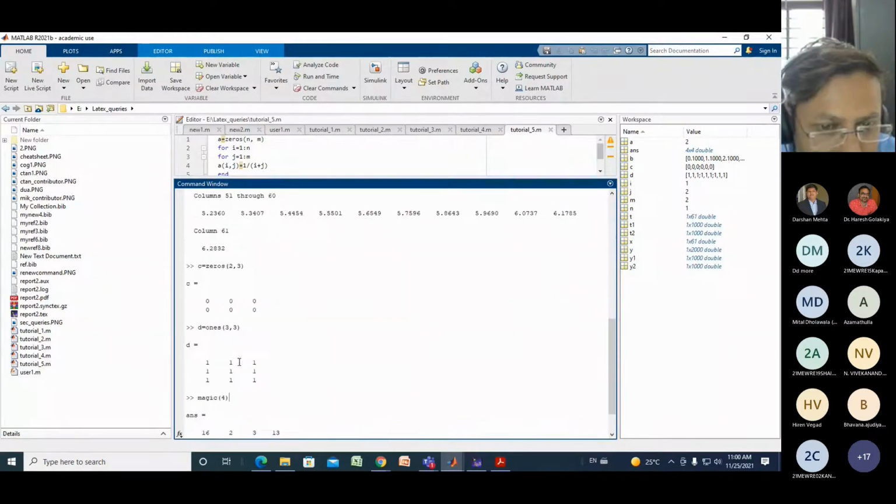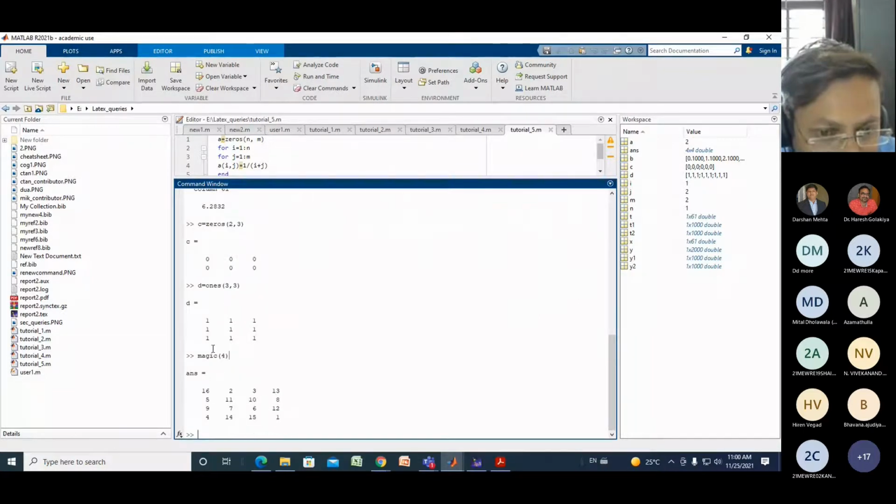Here I defined the variables c and d, but not here. I have just called the MATLAB function magic of 4. So if we are not defining any variable name, MATLAB automatically assigns a name.